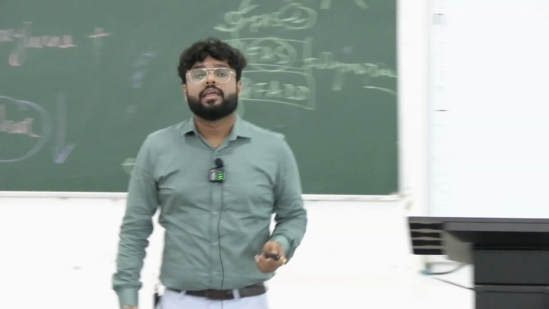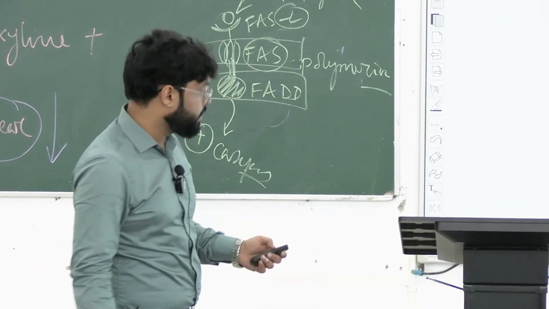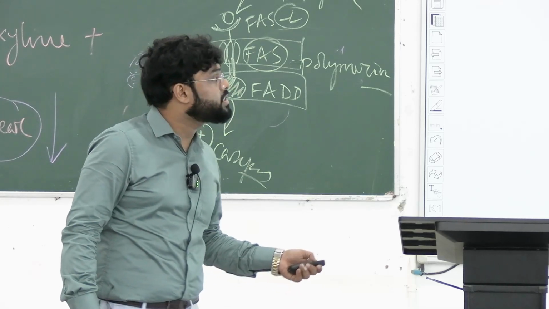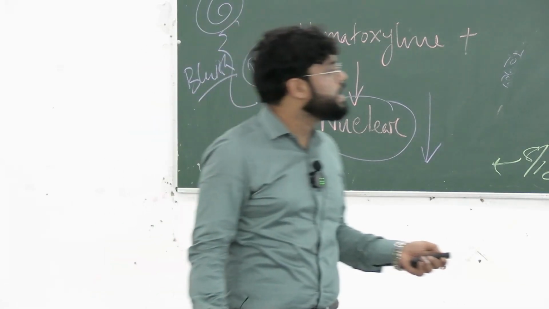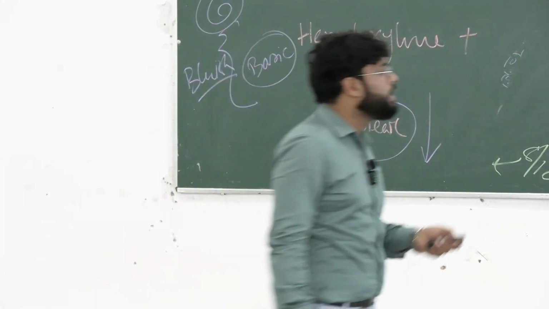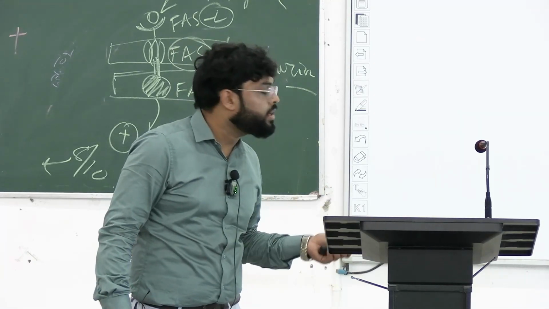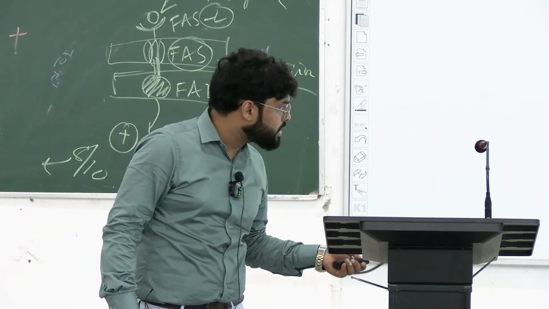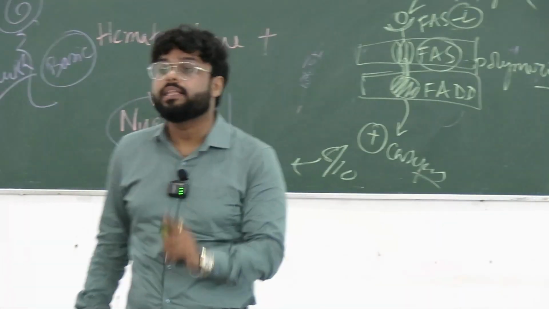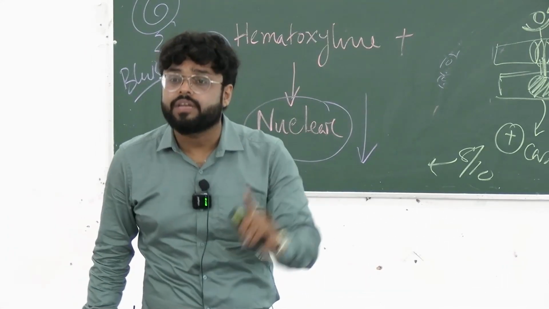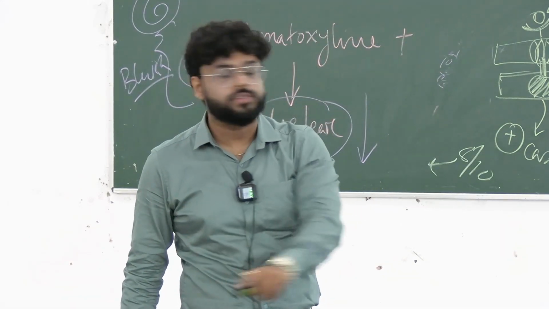So if this condition occurs, if this imbalance is seen, that cytochrome C which is present in the inner mitochondrial membrane will be leaked out, and that leaked cytochrome C binds with the apoptotic activating factor, known as APAF1. Apoptotic activating factor is present in the cytosol. So cytochrome C from the inner mitochondrial membrane is liberated into the cytosol, and within the cytosol they bind with the